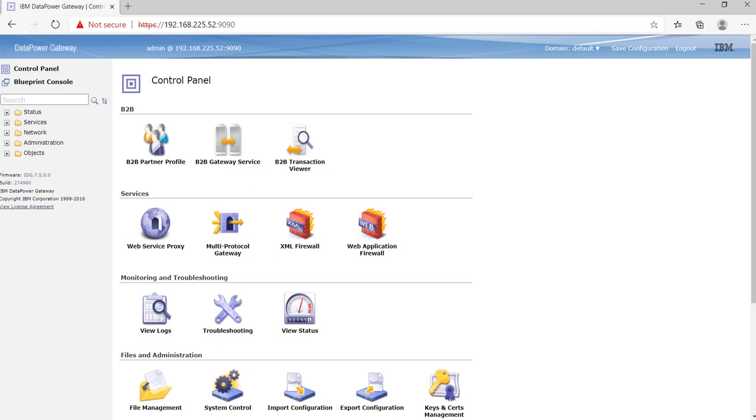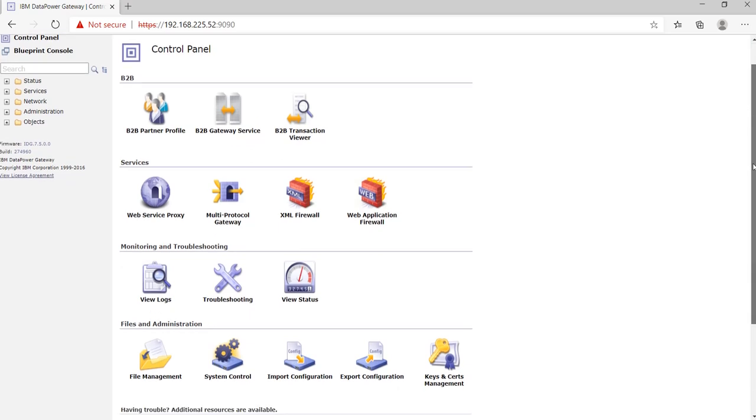As I told you many times, we don't provide the UI access to the user, so there are so many operations that you can perform without logging into the DataPower appliance, and I'll tell you how we can perform such operations. So to implement the SOMA, there are a few prerequisites. I'll tell you one by one.